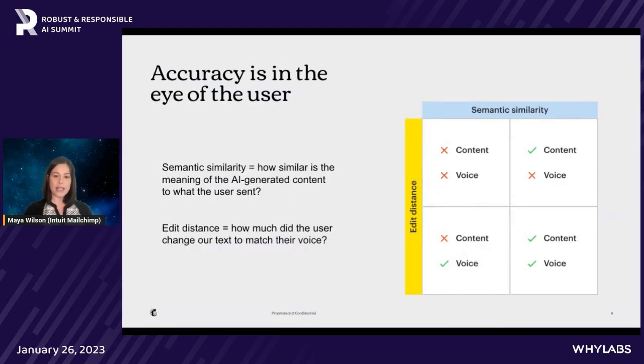Some of the ways that we think about this is related to semantic similarity. Did we get the content right? And so we use cosine similarity here. Jaccard similarity is another metric you could use. But this really looks at the semantic meaning of what we suggested to our user versus what the user ultimately ended up sending. And so we may find that they've meaningfully changed the content. And we may say, hey, maybe we didn't get what that text was supposed to be doing correct.